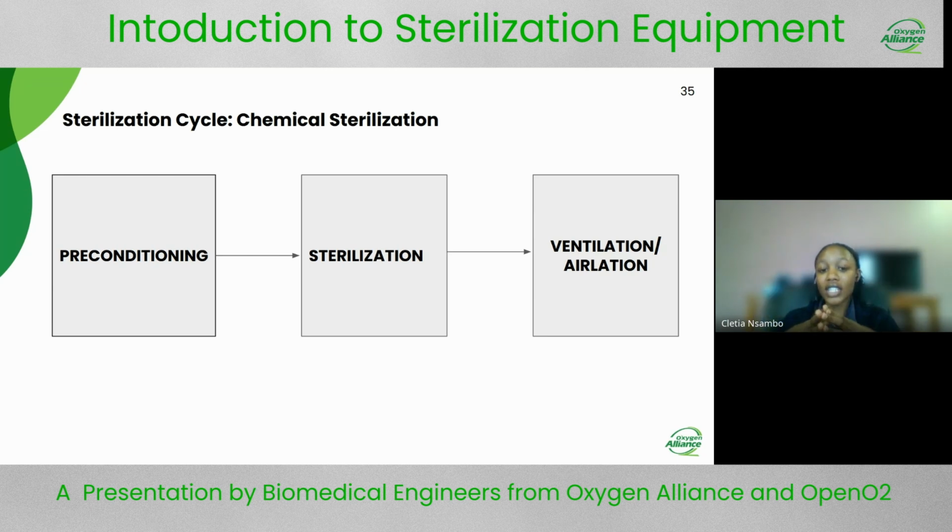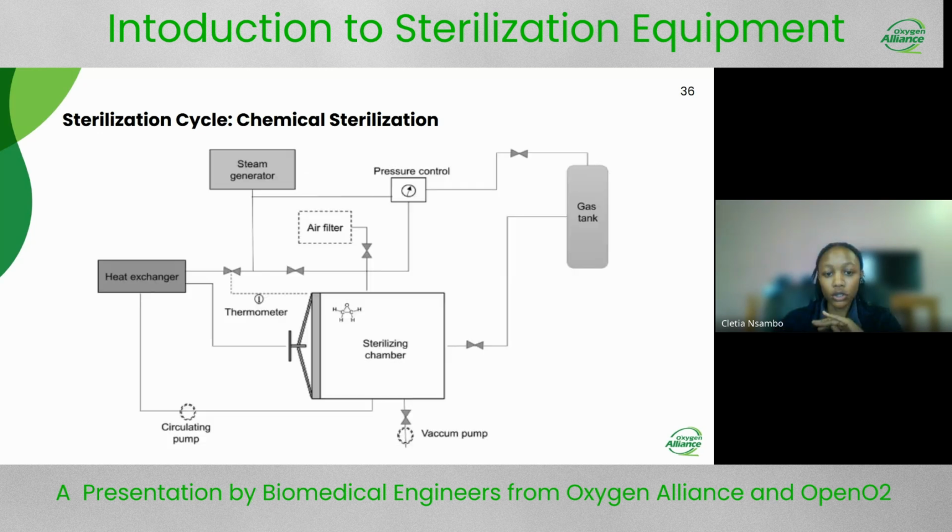After this, we go to the phase where we remove the chemicals from the sterilization chamber. So it's also a straightforward process. You precondition, set your parameters right, and then you introduce the chemicals into your system,